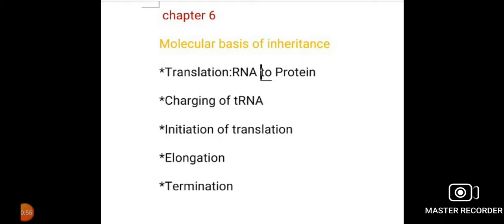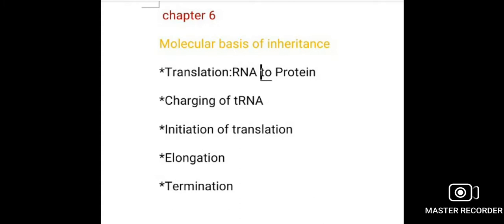And you have learned that ribosomes are having two subunits, the larger subunit and the smaller subunit, isn't it? And they are seen separately, they are not seen united when they are not in the process of translation. Okay, they are found separately. So let's study how this process takes place.